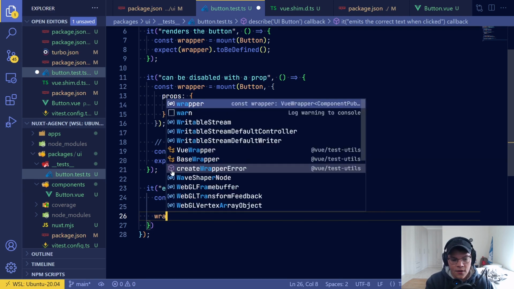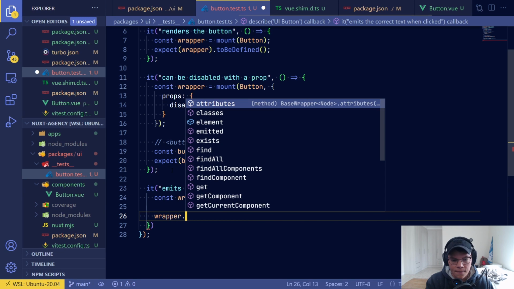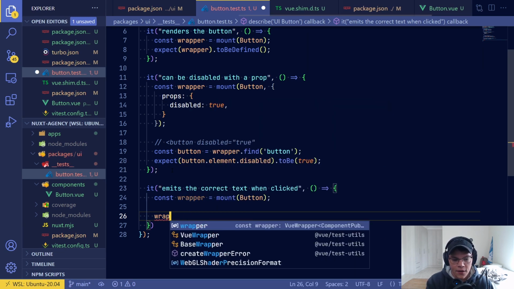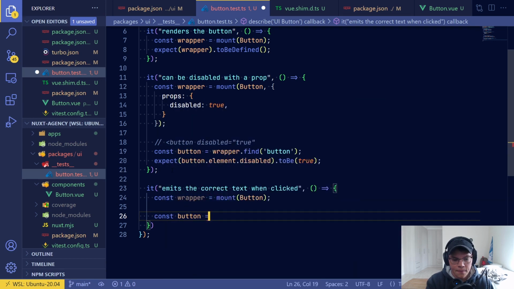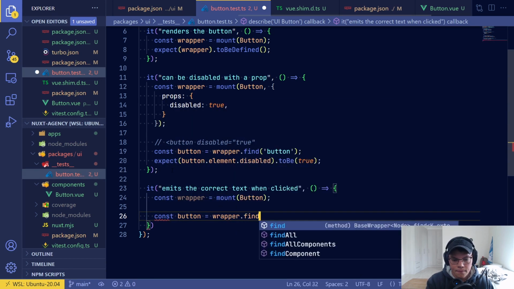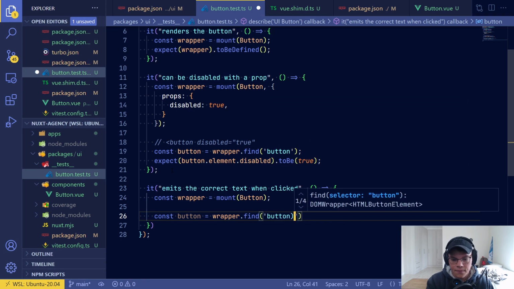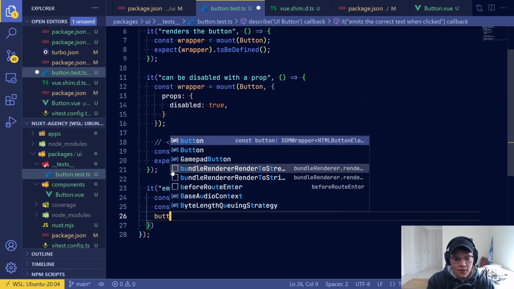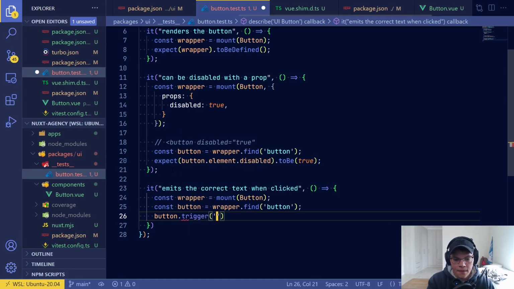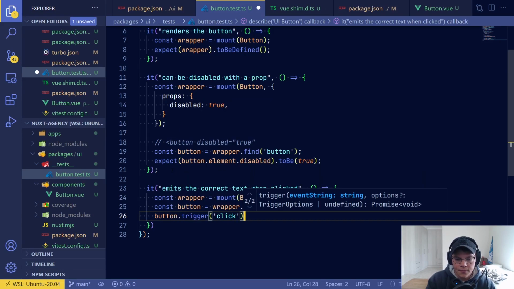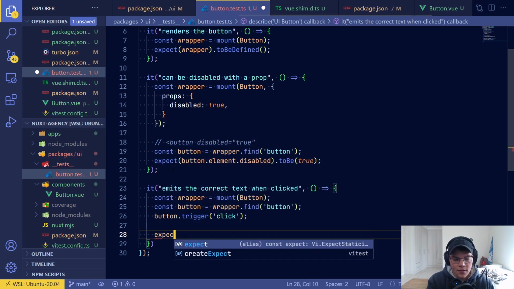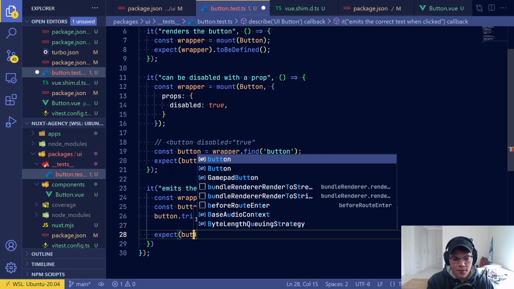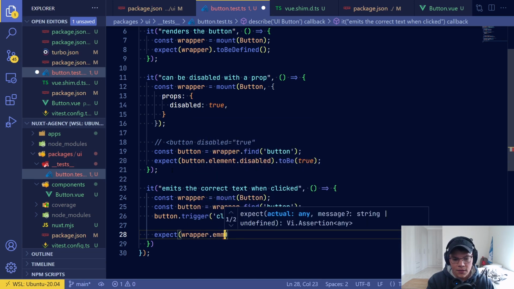So we can say wrapper dot find, so let's find the button, and then button dot trigger a click event, and then we can say expect wrapper dot emitted